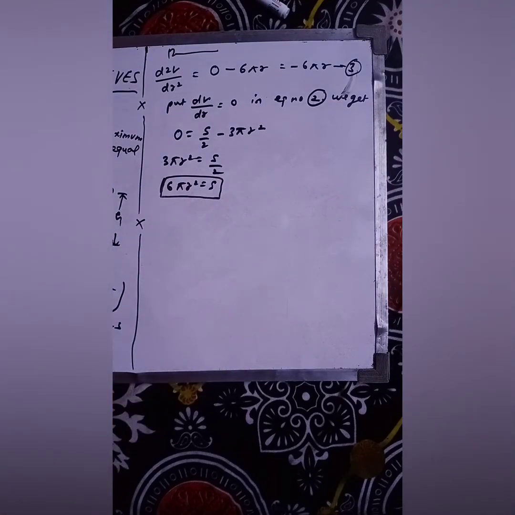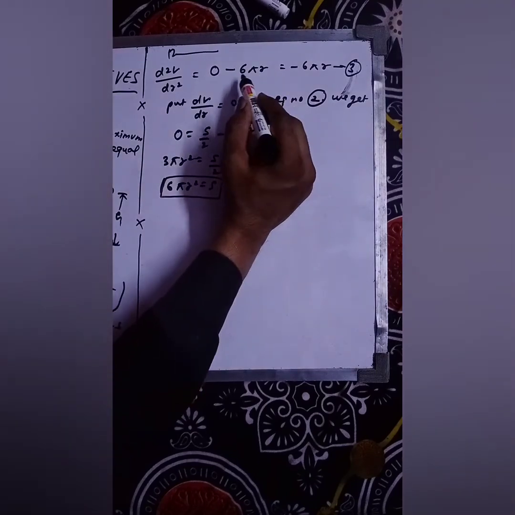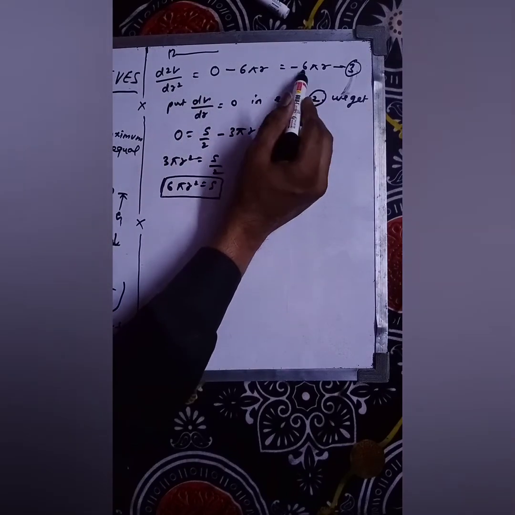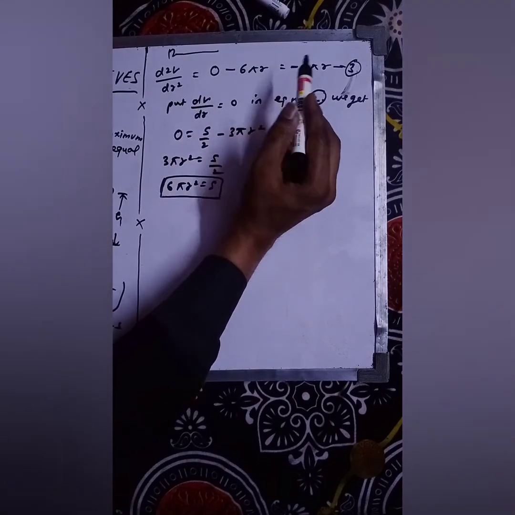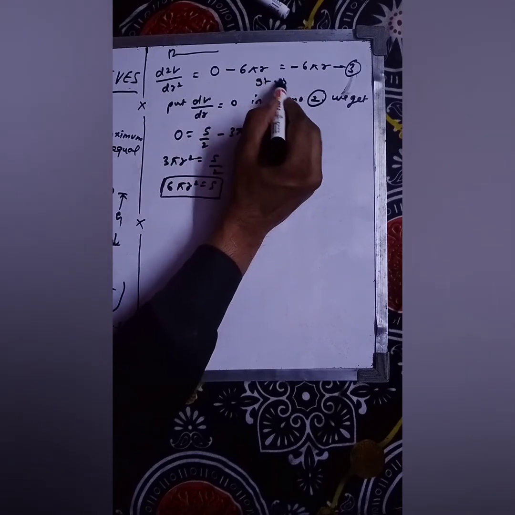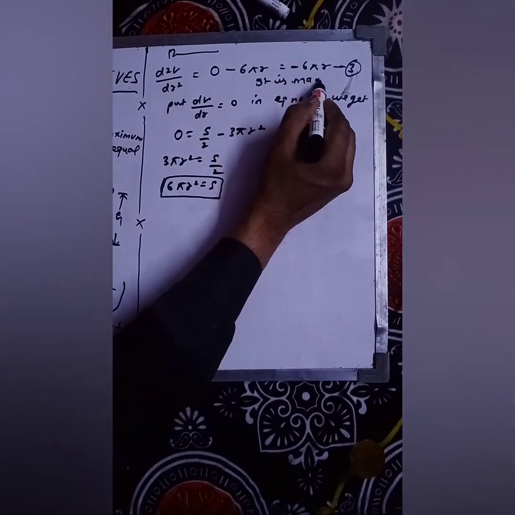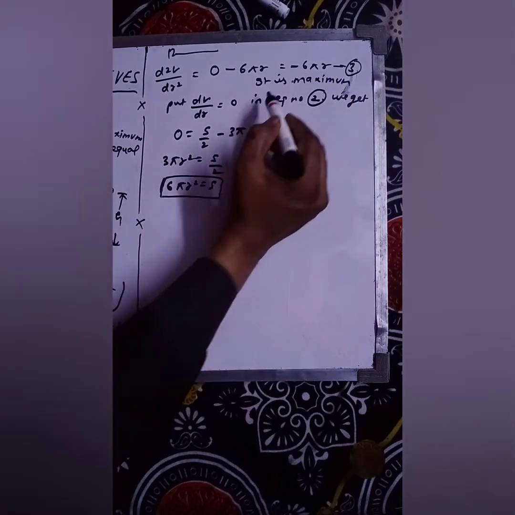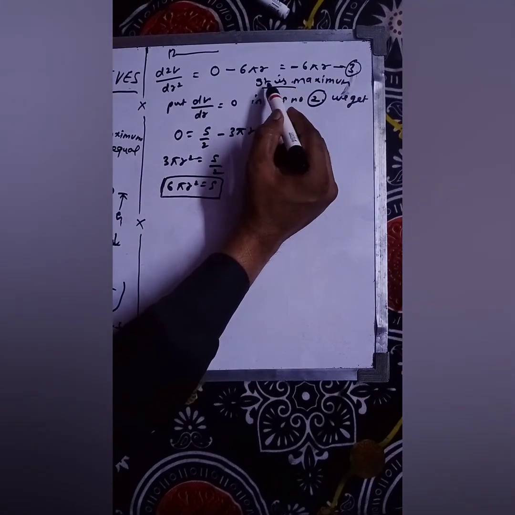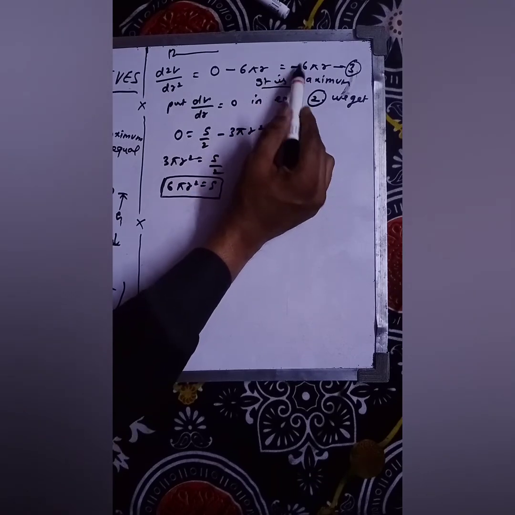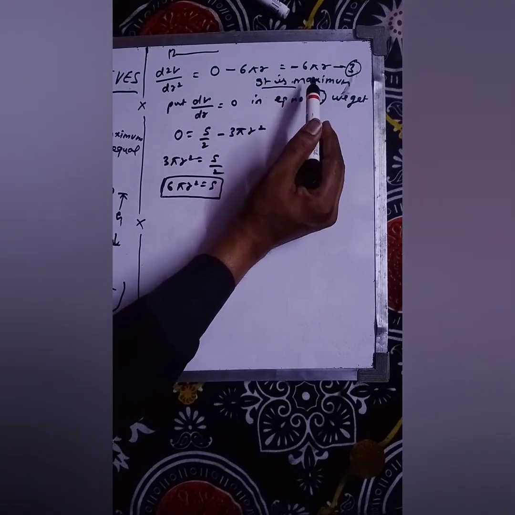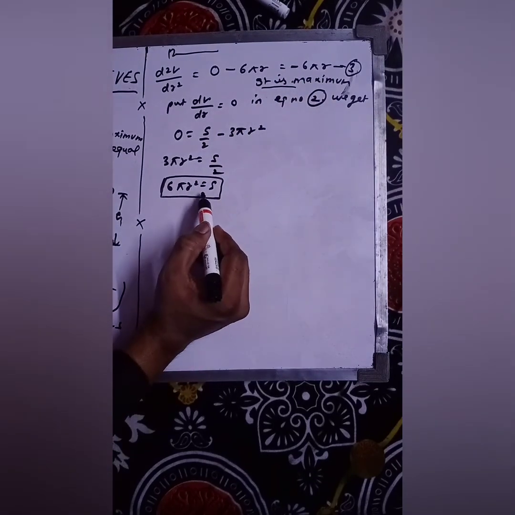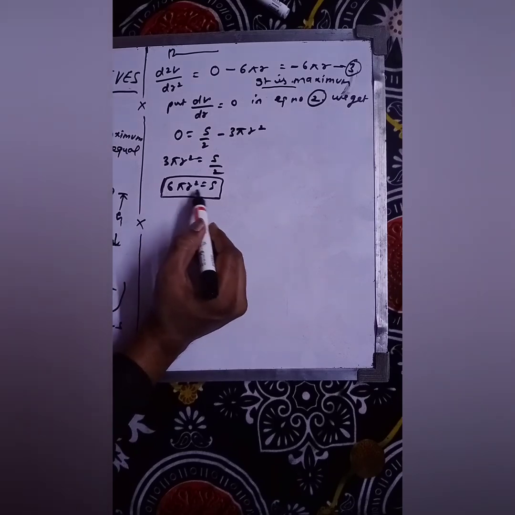Here you can see that your double derivative is coming negative, with a negative sign, so it is maximum. Which you have to prove in the question. We have to prove that the volume is maximum. So here the volume is maximum. You have proved it. After solving this, you have got S equals 6 pi r square.